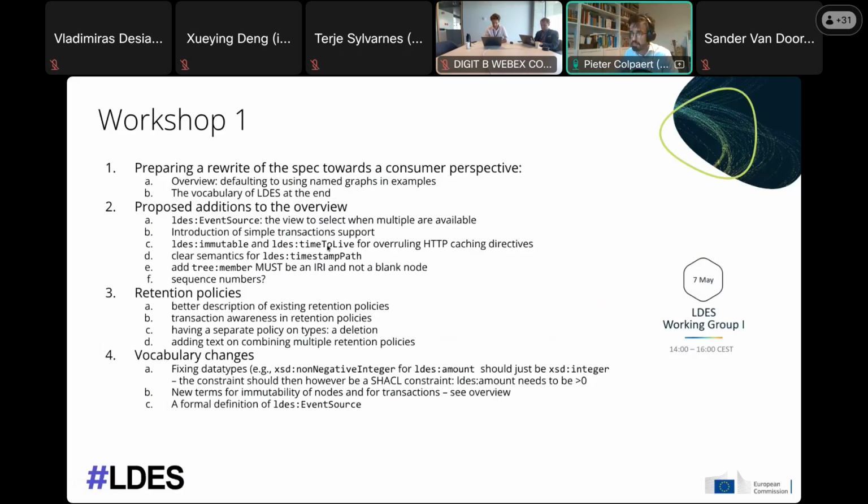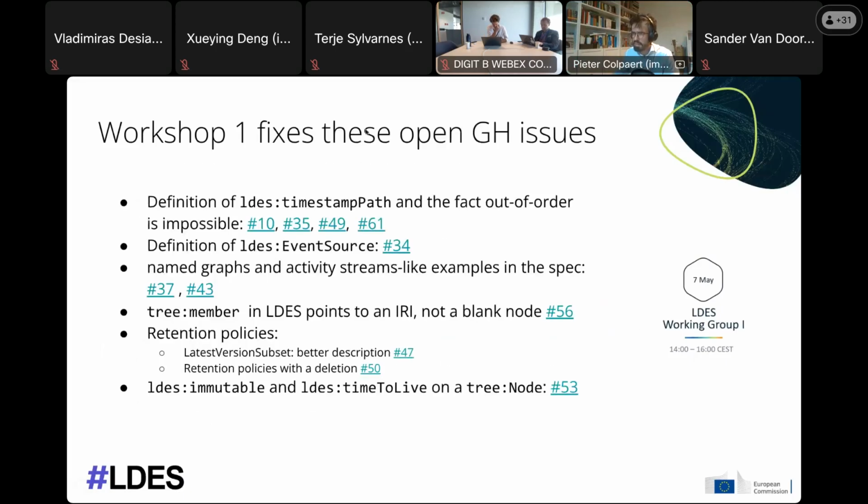There's a big one on the semantics of timestamp path for having members in order. What does that mean? There's a couple of other things there, but I'm still also in the second part of this thing. I'm still going to go into more detail into these things as well. And all these things will fix these open GitHub issues as well. In order to have a definition of timestamp path, in order to have the definition of event source there, talk about named graphs and activity-like examples in the spec, make sure that we have better retention policies. I'll discuss the problem with the current retention policies at the end of the presentation as well, and these caching